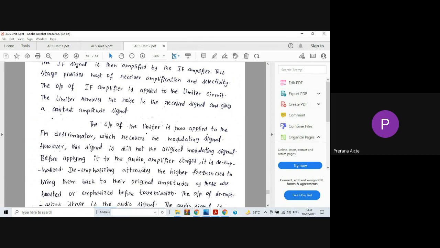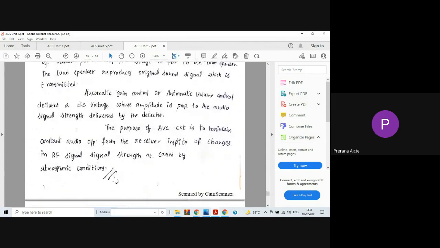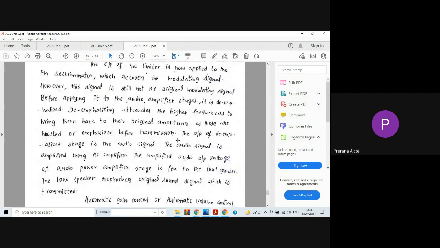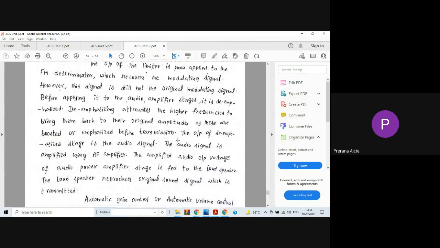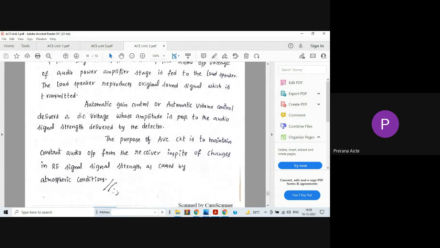In this way we can receive the FM signal back. And what is the use of automatic gain control? It is used for producing a DC voltage whose amplitude is proportional to the audio signal strength provided by the